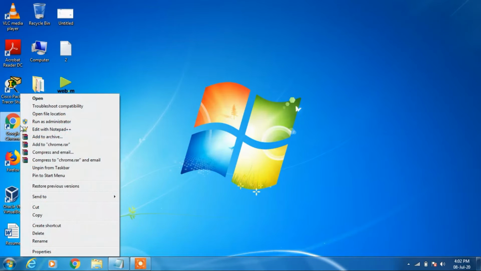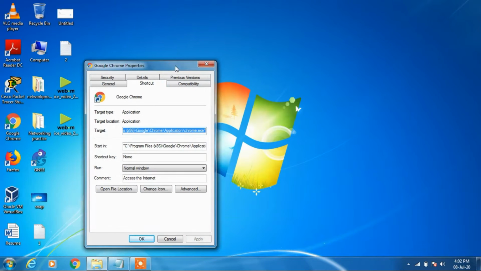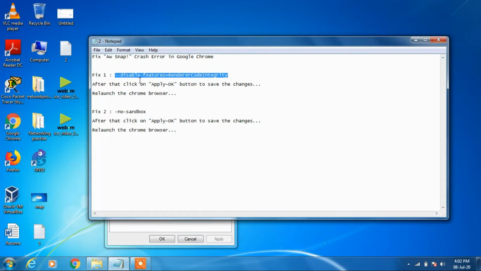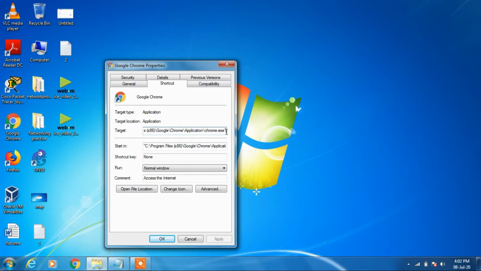Go to the Chrome shortcut, right click on this, click on properties, and just go to the end of this target path. Now copy one code and go to the end of that path, give one space and paste that code.